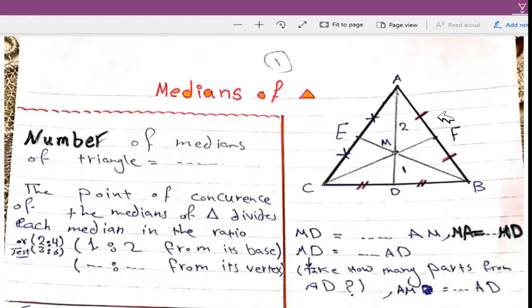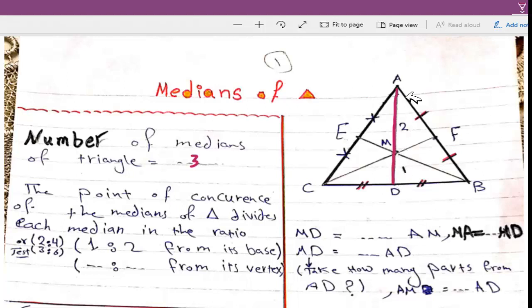Okay, so if you have a triangle ABC, F is a midpoint of AB, D is a midpoint of BC, and E is midpoint of AC. The first question is: the number of medians of the triangle equals how many? Like we said, you have three medians. The point of concurrence of the medians of the triangle divides each median in the ratio 1 to 2 from its base, and how many to how many from its vertex? Okay, you know AD here, this line AD